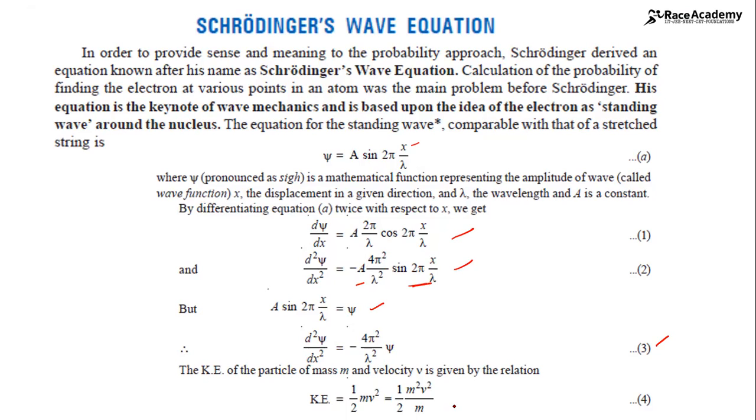And after that, remember the kinetic energy formula. In the kinetic energy they made a small modification, dividing the expression by m in numerator and denominator, and modified it. Here they took m square v square from the de Broglie principle and substituted it. Later they found the lambda square value as minus 4 pi square psi by del square psi by del x square. Then they took the fifth equation, kinetic energy. Both are solved, and after solving they got this expression.